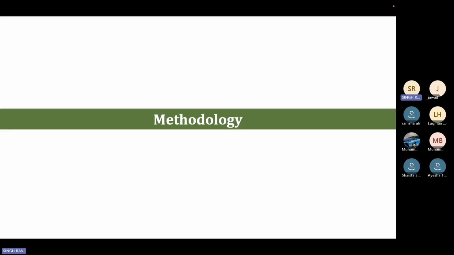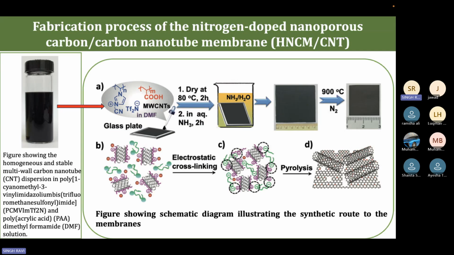For this research, they fabricated this material by using carbon nanotubes, which were dispersed with polymethyl trifluorosulfate and the PPA and DMF solution, and they made a paste and on the glass plate they diffused all this solvent, and they dried this sample under the ammonia solution for 2 hours, and once it was completely dispersed, then they dried this sample for 2 hours,